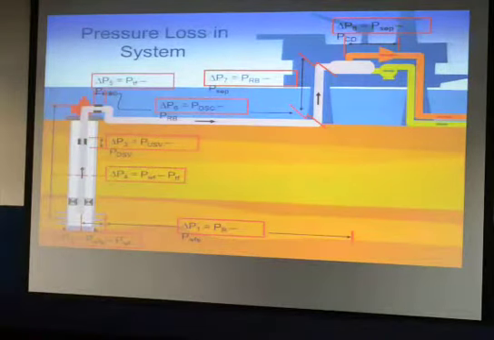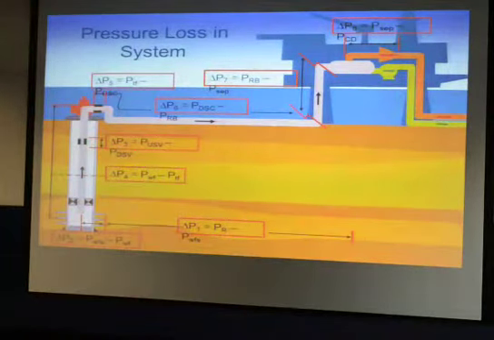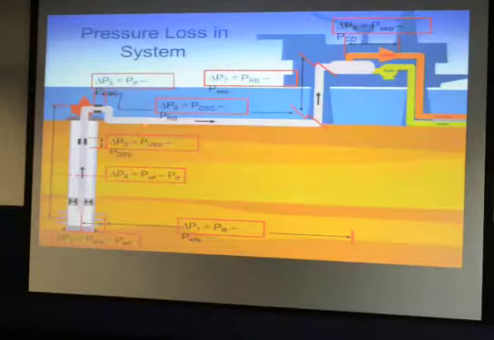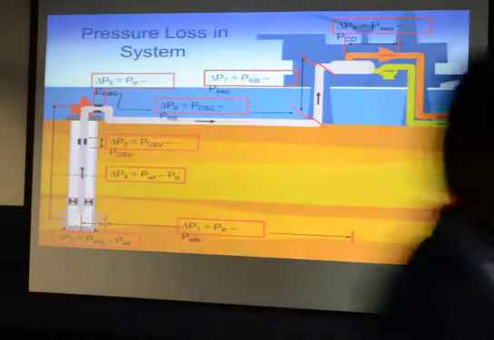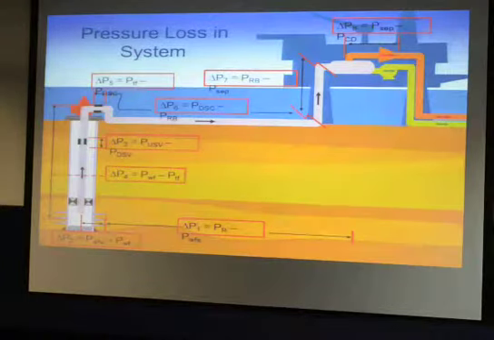Here the pressure drop is across the tubing. This WF minus TF is the tubing pressure drop, and the pressure drop here is due to the safety valves, the TRSV. If you have safety valves in the tubing, which you must have everywhere inside the tubing, the pressure drop here is due to the safety valves. Here the pressure drop is due to the choke. Then you will have a pressure drop in the flow line, the surface flow line.